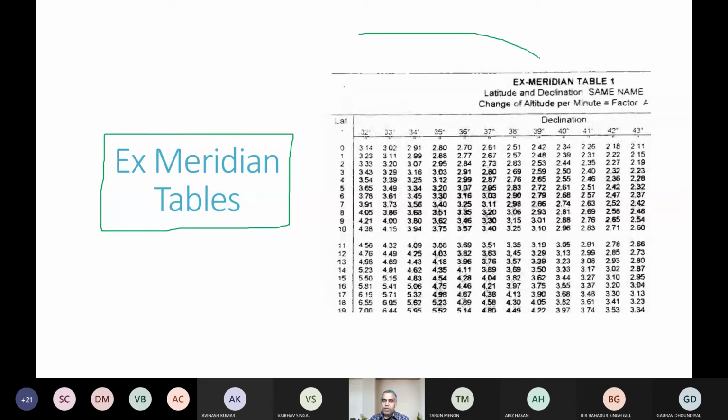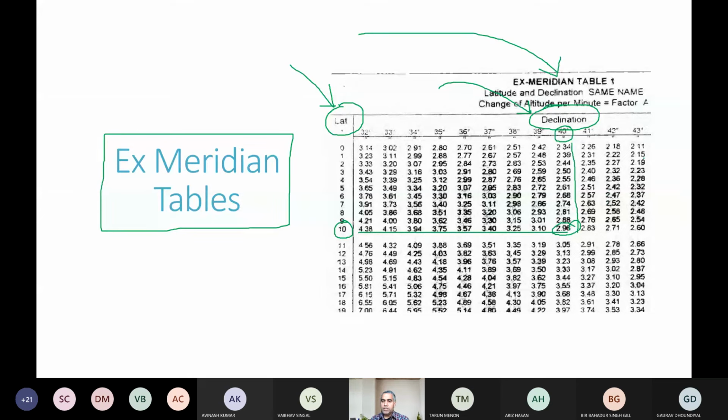You see, we have table 1 open in front of us in this slide. So this table 1 is entered with the latitude of the observer and the declination of the body. So these are the two things with which we enter into the table. Let's say, for example, the declination of the body is 40 degrees and the latitude of the observer is 10 degrees. So if you enter into the table, you move with this latitude and declination, you will reach a value which is